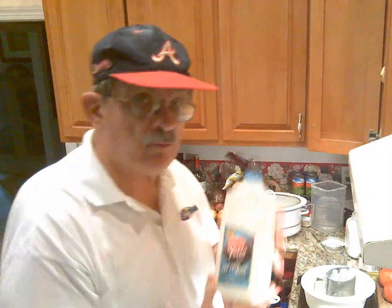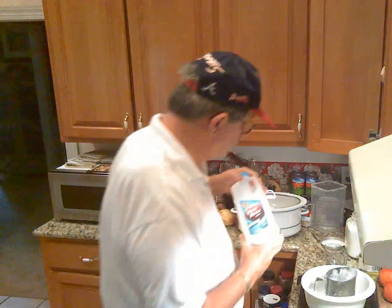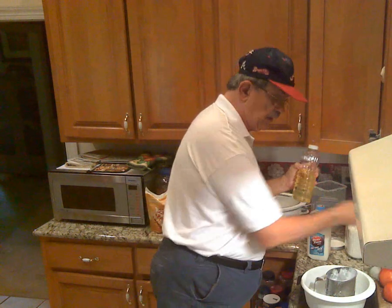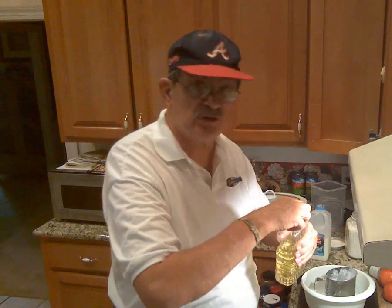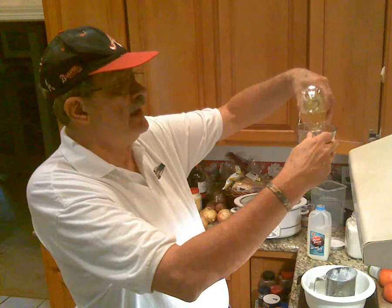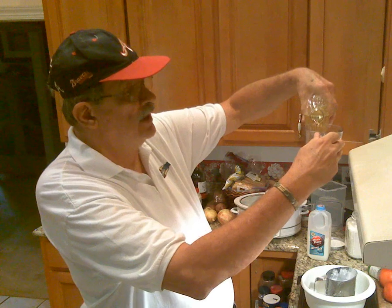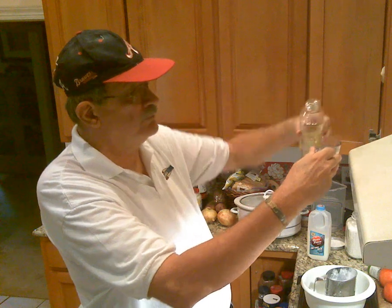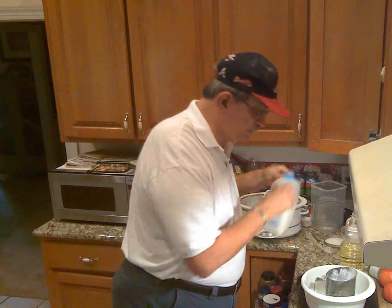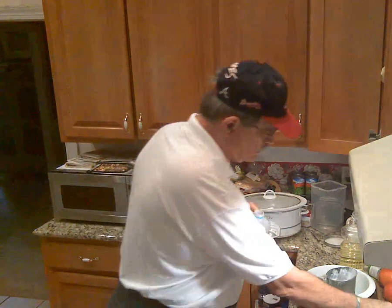So first thing I want to do is I want to come over here and add my canola oil, which just happens to be what I have, but you can use vegetable oil too if you like. And I'll put about 1/8 in here, 1/8 of a cup. All right. Then I add my milk like this,